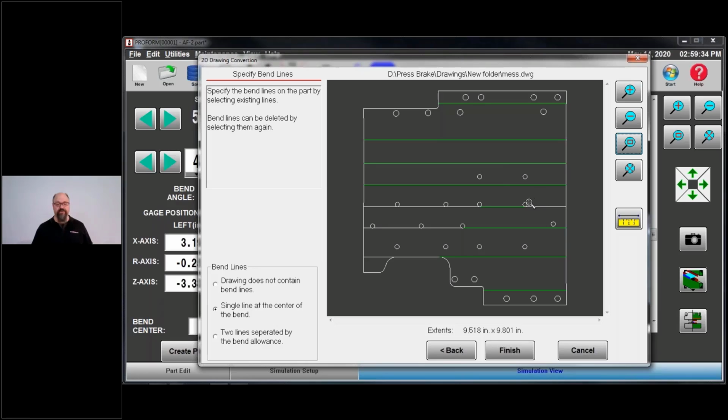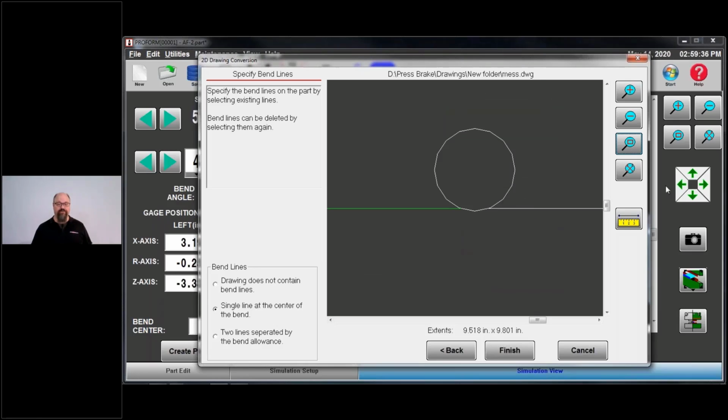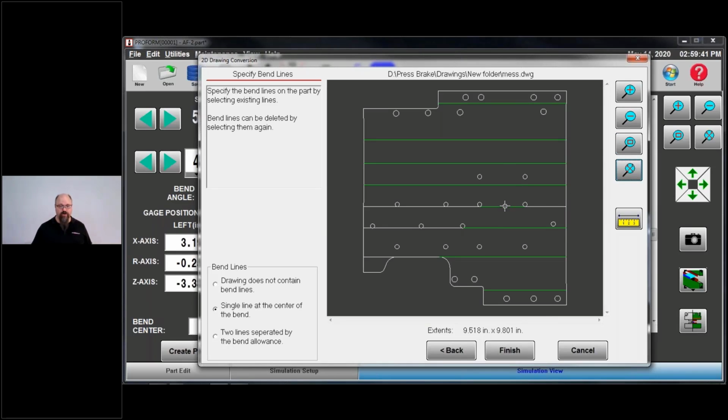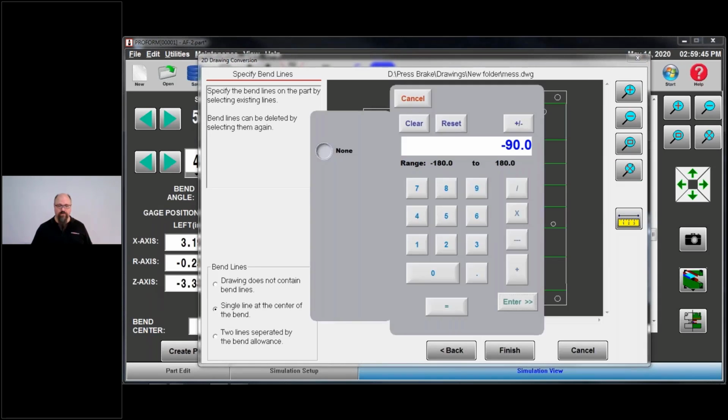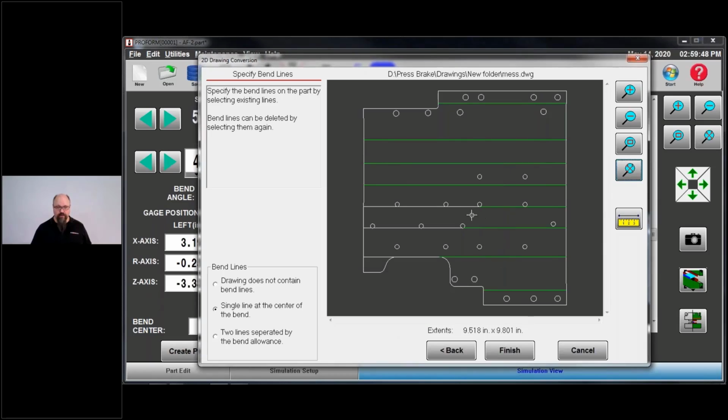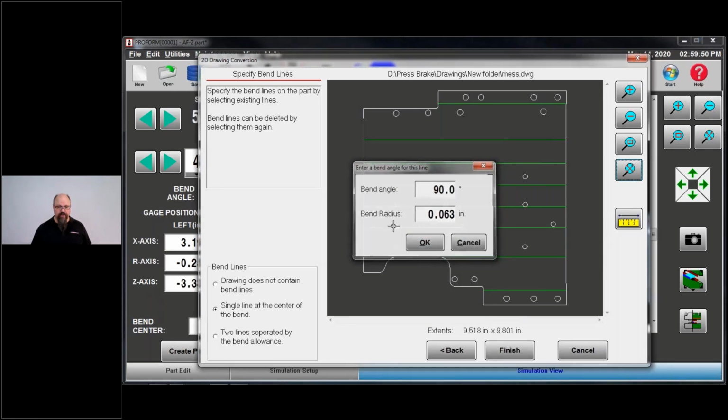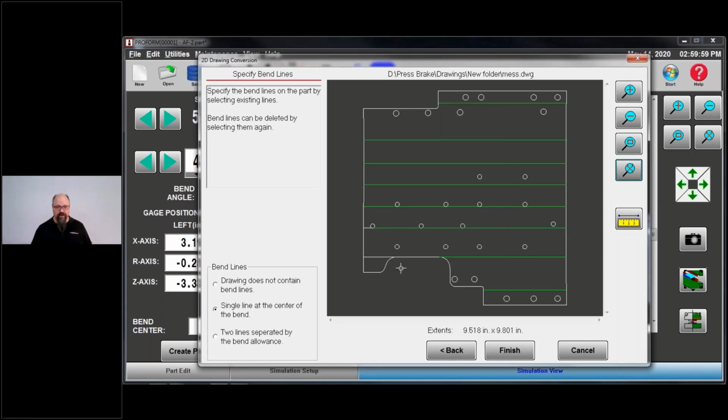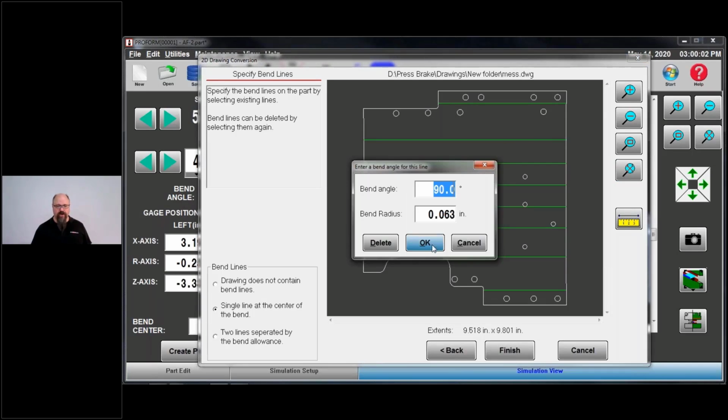So this is one that a customer sent to me, and I had to go in and start looking at this because when I tried to lay this out, they're broken bend lines. So, all right, this one was up 90. So up 90, 90, 90, 90. This was a down 90. So down 90, down 90. Oh, one more over here. This was an up. That needs to be up. And then, oh, I missed this little tab over here. It's a down 90. And there it is.